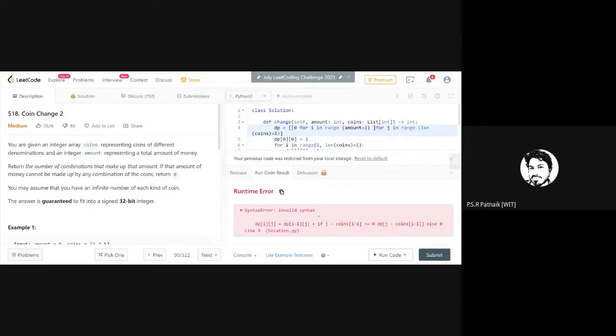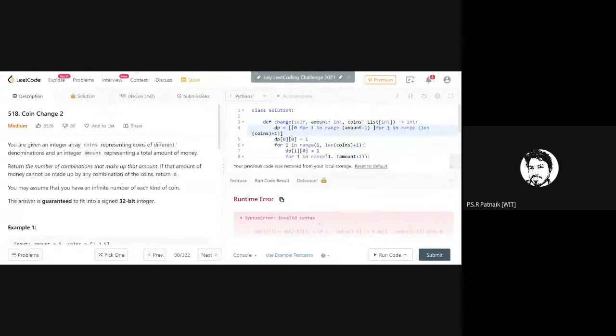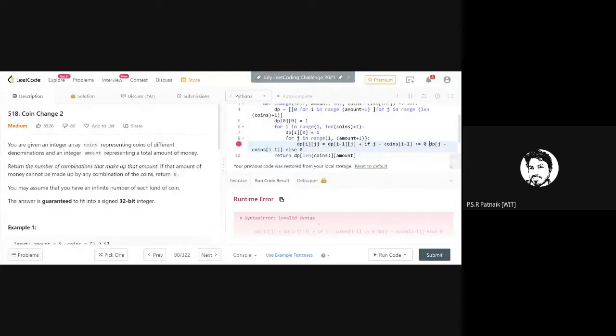Is it a colon there? What is wrong in the syntax? Return true if condition. Okay, I think we wrote it in a wrong way. On true, I just need to move it. This is on true. If false, else 0. Let's see.